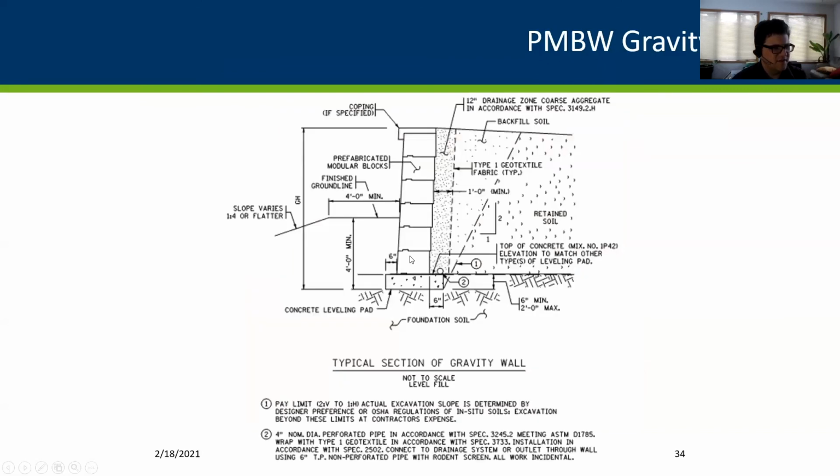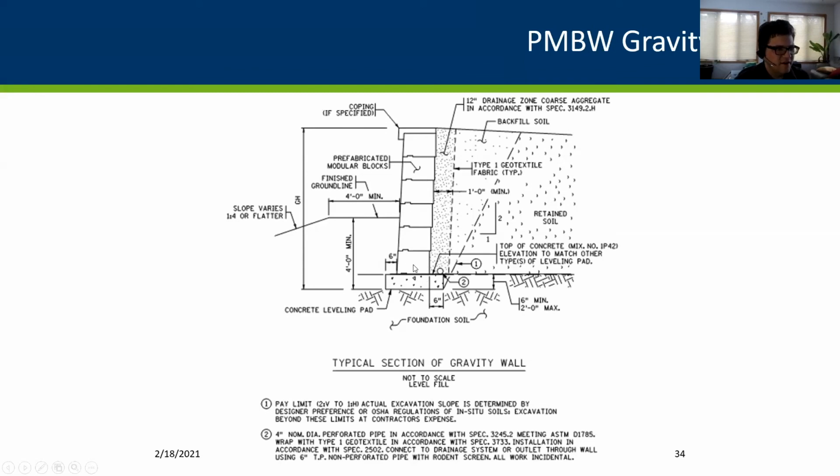I think we developed this as a generality. It's sort of misleading. You would see more of a triangular shape, because you'd have larger blocks underneath these smaller blocks for a taller gravity wall. But this leveling pad then sits down underneath. They are welcome to make that leveling pad as thin as they want. So in these walls, we say 6 inches to 2 feet max. But typically what we're seeing is 2 feet, because it's easy to do and it's cheaper to do. And then they set the blocks on top of that 2 feet thick leveling pad.